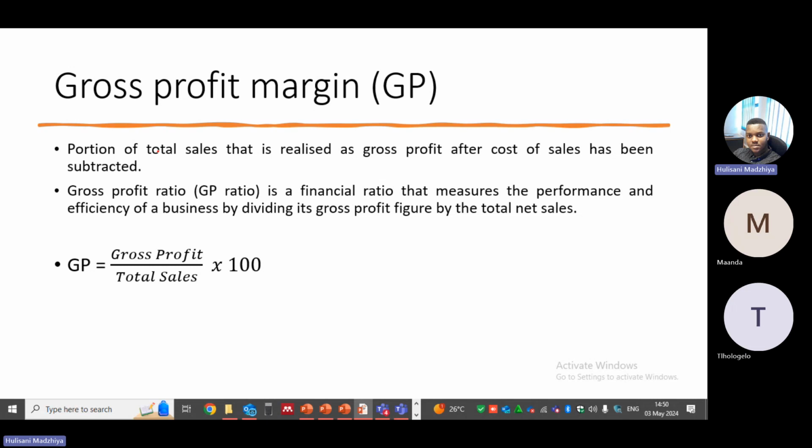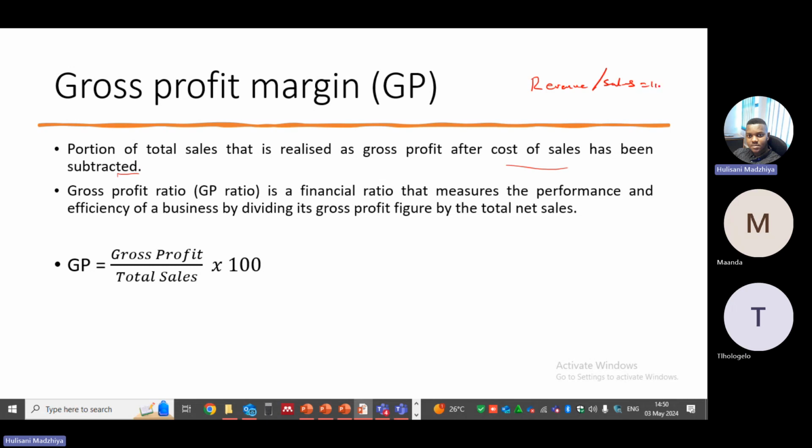So here it says that the gross profit margin is a portion of total sales that is realized as gross profit after cost of sales has been subtracted. So it actually tells us how much profit has been realized after the contribution by cost of sales. Whether we call it revenue or we just call it sales,